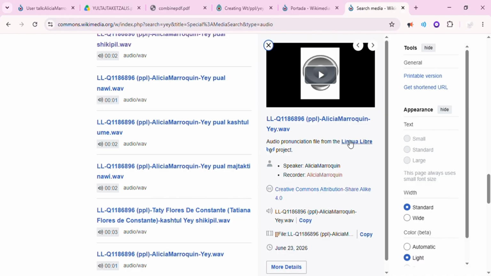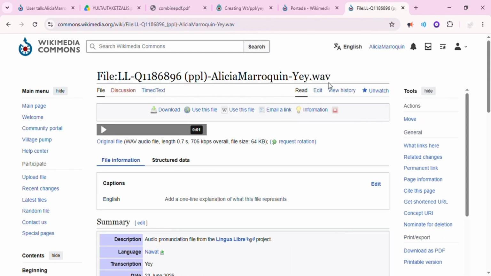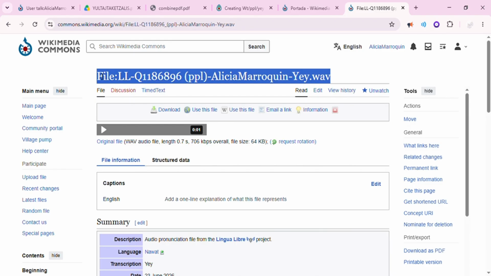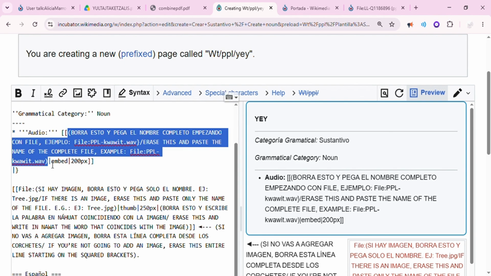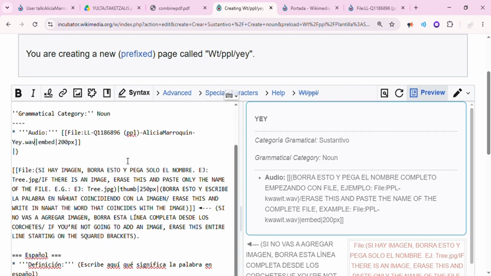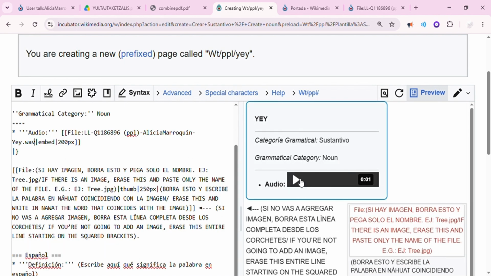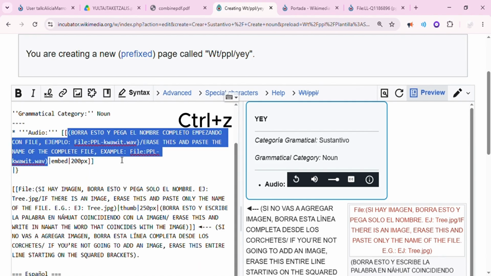Now, for this one, you also have two ways of working with it. You can click here. You copy the title of the file, the name of the file, and then you paste it following the instructions. And you will see you have it here. Yay! Okay, now if for any reason you make a mistake, you press Ctrl Z and everything goes back to